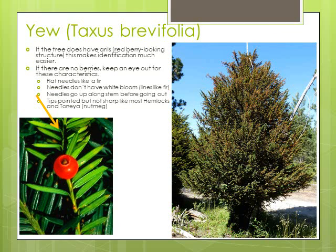Next here we have the yew, and the yew has cones that are called arils, and they're a red berry-looking structure. This makes identification really easy if you do see these red berry-like structures, you've got a yew. None of the other conifers have these structures. If there are no berries and you see a conifer that obviously doesn't have the berries, then